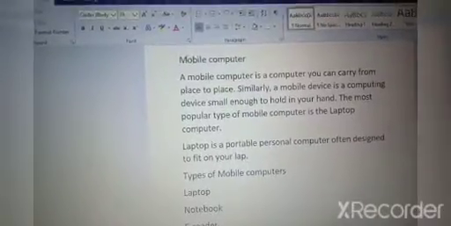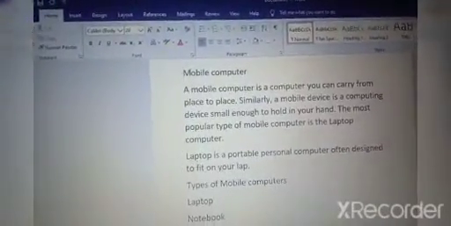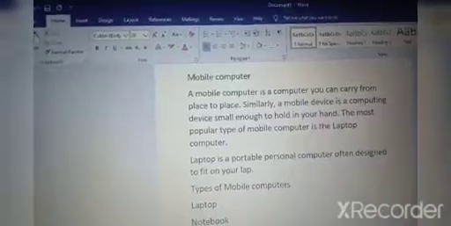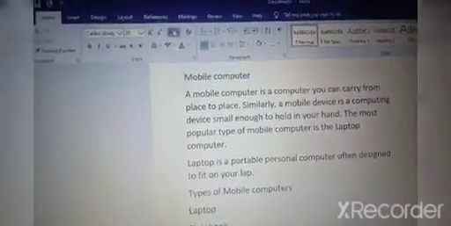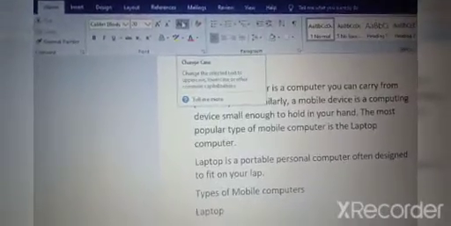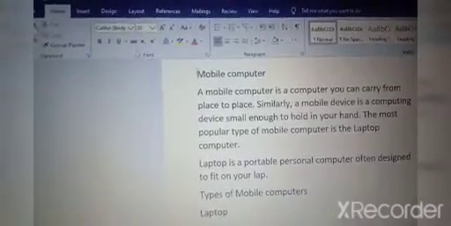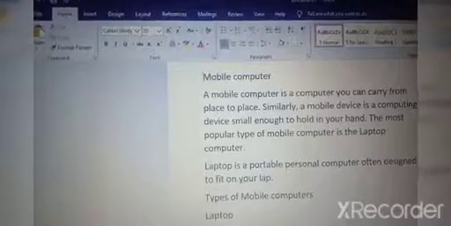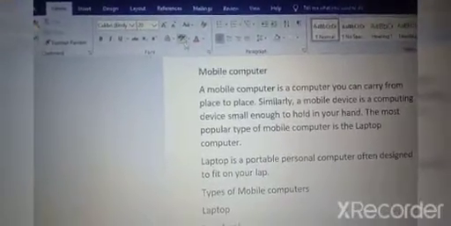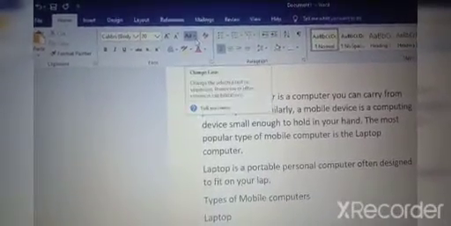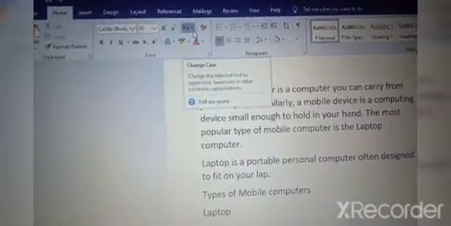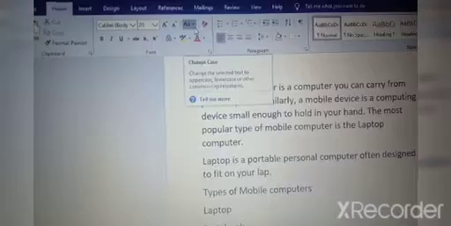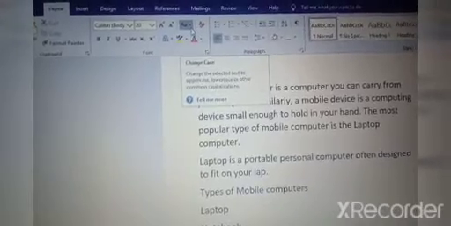In Microsoft Word, we have an option for change case. See, in the home tab, in the font group, we have a change case option. It changes the selected text to uppercase, lowercase and other common capitalizations.